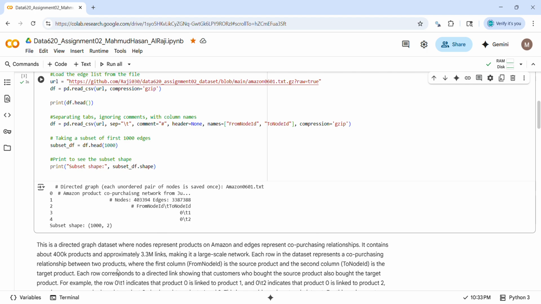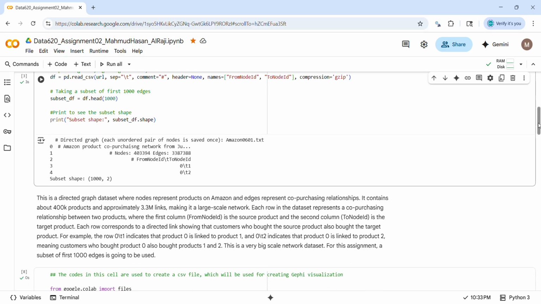So here each row basically corresponds to a directed link showing the customers who bought the source product also bought the target product. For example, row 0/1 indicates the product 0 is linked to product 1, and similarly row 0/2 indicates the product is linked to product 2, which means that customers who bought product 0 also bought products 1